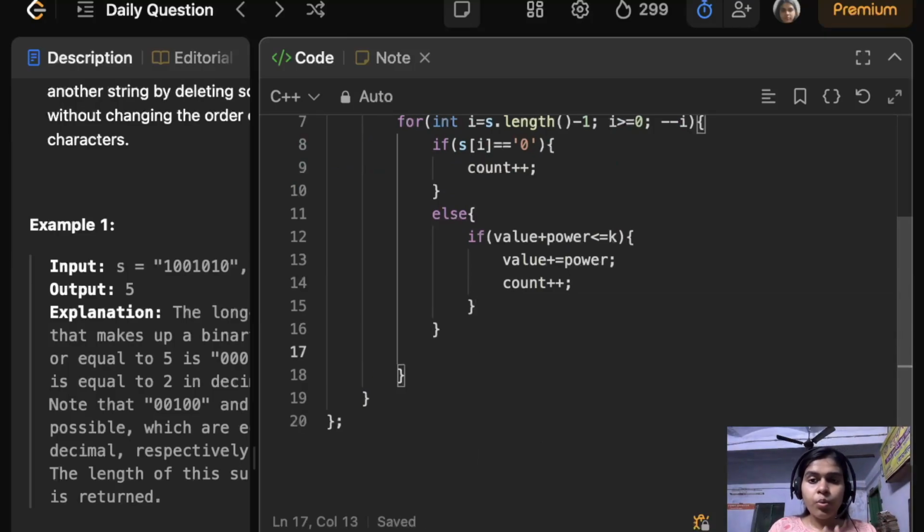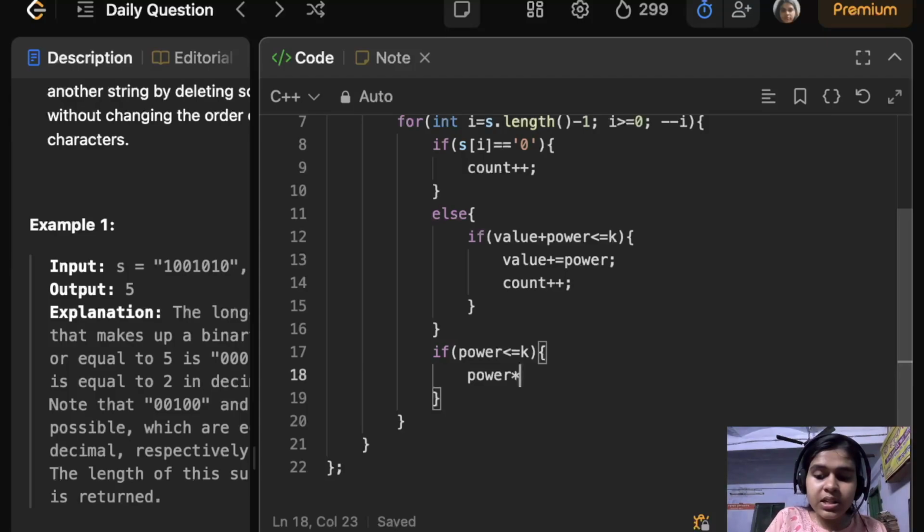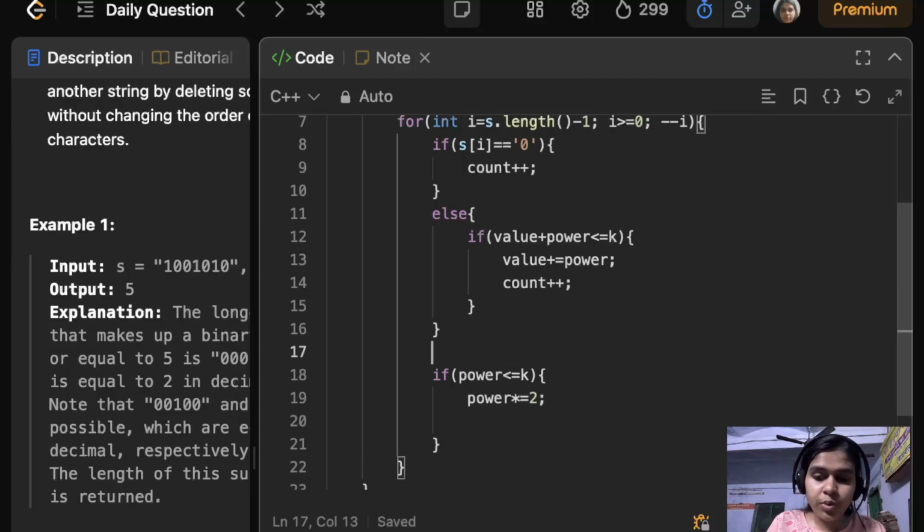So what we do next is, whenever the power is lesser than k, we need to increment the power in each iteration. Whenever we encounter a new character, we are incrementing the power, right? We are initiating the power with 1 and then we are incrementing it accordingly. So for that, we can make an if condition where if power is less than or equals to k, then we will just multiply it with 2. Initially it was 1, and it became 1 into 2.